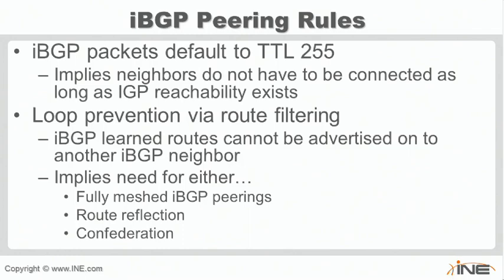In our next section with BGP, we're going to look at the specifics of doing iBGP peerings, some of the different design choices that we can use, either having a full mesh of peerings, using route reflection, or using confederation. Now again, the key design point to keep in mind here with iBGP is that by default, anytime we learn a route from an iBGP neighbor, we will not advertise it onto another iBGP neighbor. So the default implication of this means that there has to be a full mesh of peerings between all of